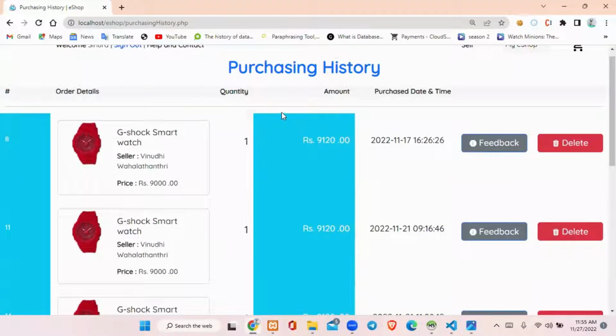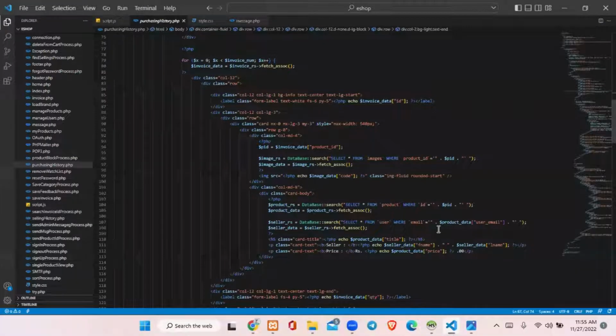So that means there is an ID for this invoice. So that would be shown as my user email. Then I should be shown my product image. So for that, what I have done is I have taken my database. So